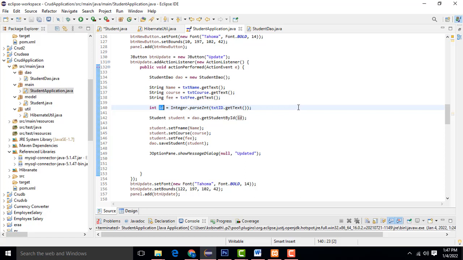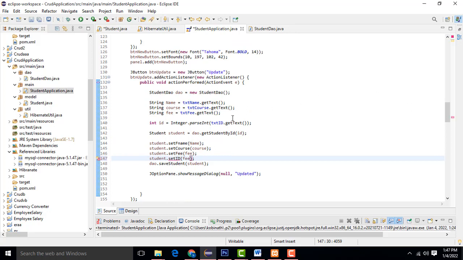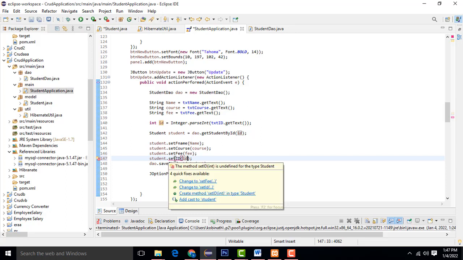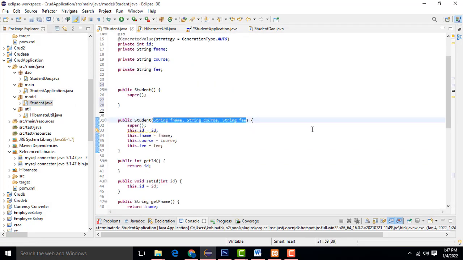Once more, I have not added set ID. This ID variable you are passing, whereas the set ID function is via the model class.